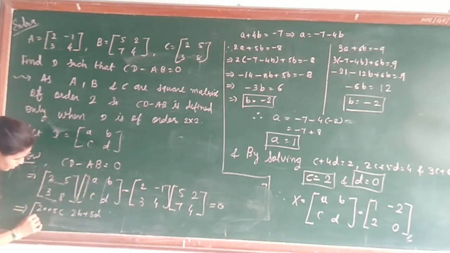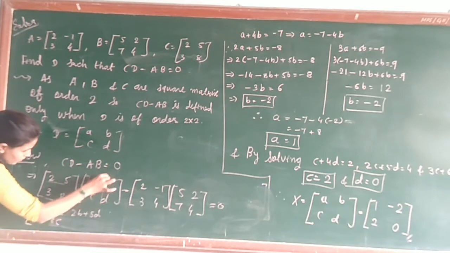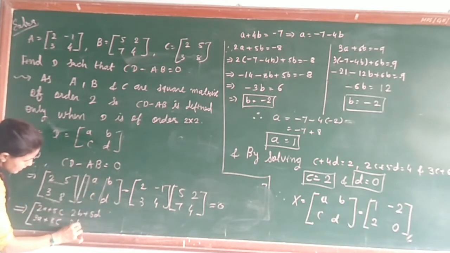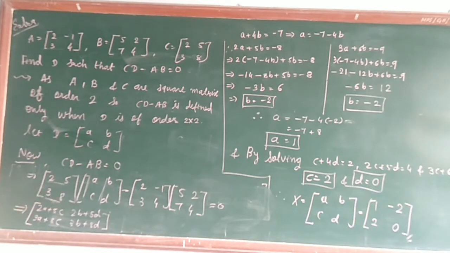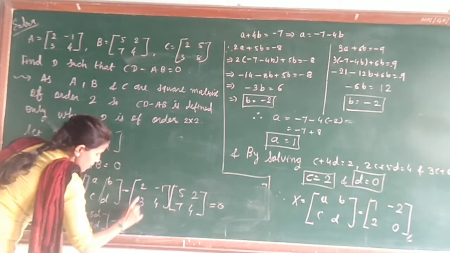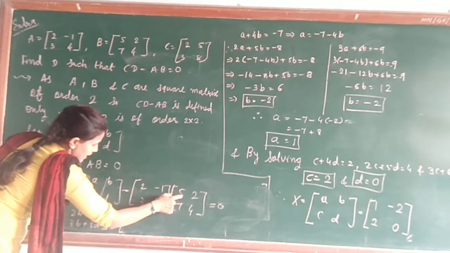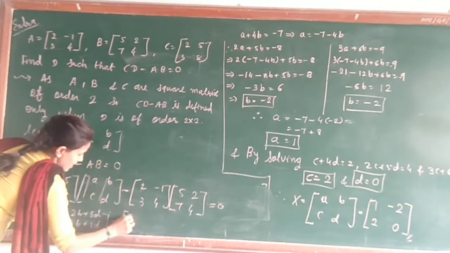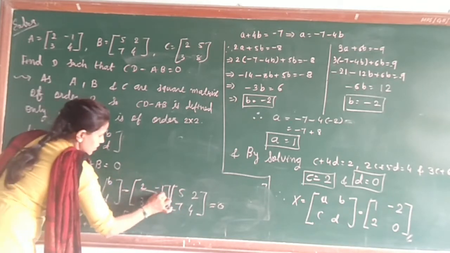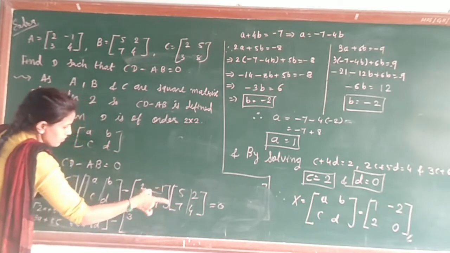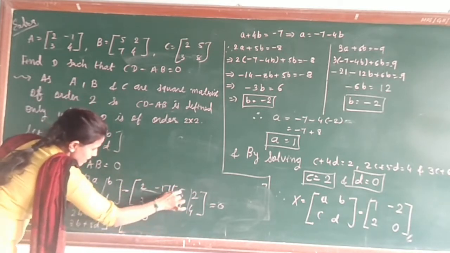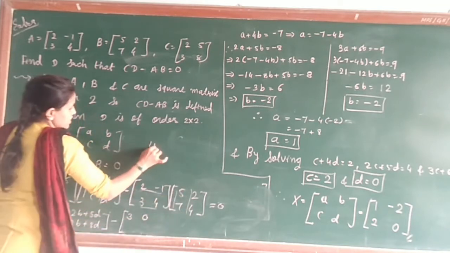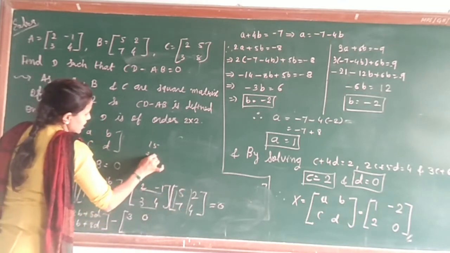Second row and first column, so this is 3A plus 8C. Then second row and second column, that is 3B plus 8D. So this is the first multiplication. Similarly, if you do the math here, 5 into 2 is 10, 10 minus 7, so direct 3. Then first row and second column, 2 into 4, 4 minus 4, 0. Third, so 3 5s are 15 plus 7 4s are 28.